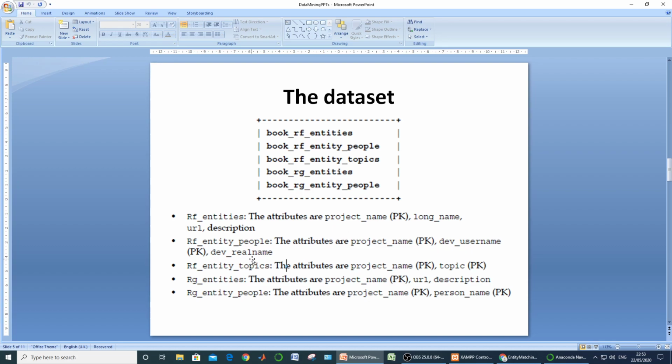So we need to check two names, and correspondingly there is only one name for the RG entity table, that is the person name. This person name may match the developer username, or it may match the developer real name. So we have to make both these checks to find that particular entry.